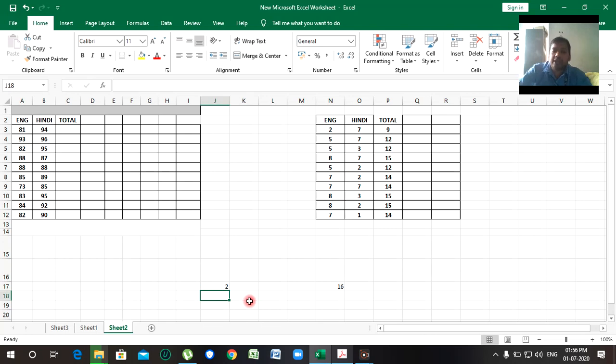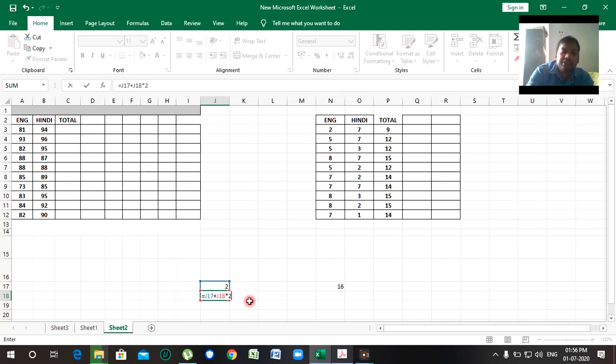Type the equal sign, then J17 plus J18 into 2. This is the example of a circular reference.